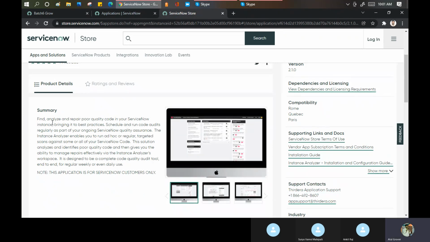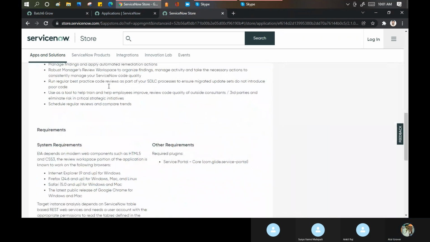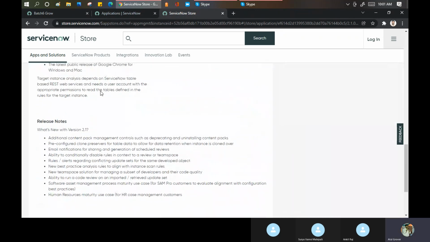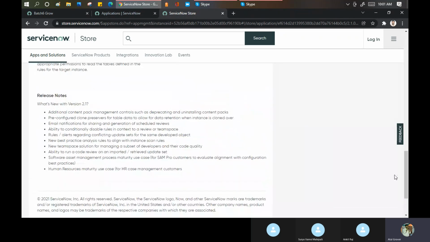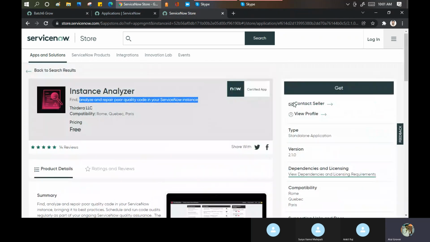ठीक, ये चीज है. So now if you want, you can install as well. Like this. So you can see the complete release notes are there. Because I did not log in here, so I cannot install, but you will get an option as well to install or to contact this thing and then you can install in an instance. This is called specifically a customized app.